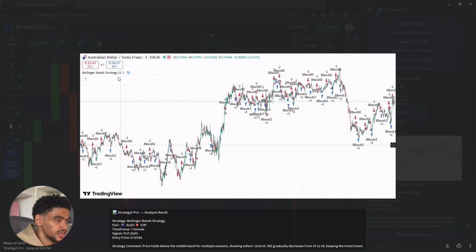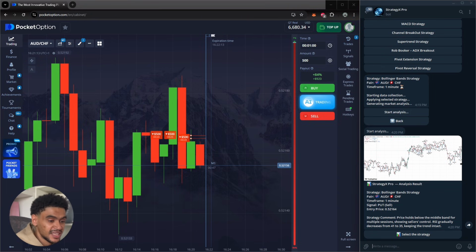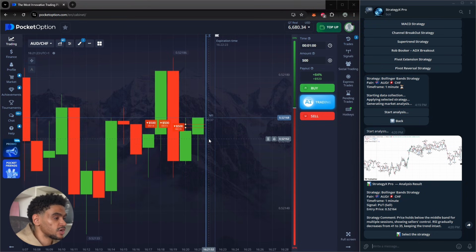Bollinger Bands right here with the settings 20 and deviation of 2. We have the analysis. Price holds below the middle band for multiple sessions, showing seller's control. RSI gradually decreases from 41 to 35, keeping the trend intact. And we are approaching the